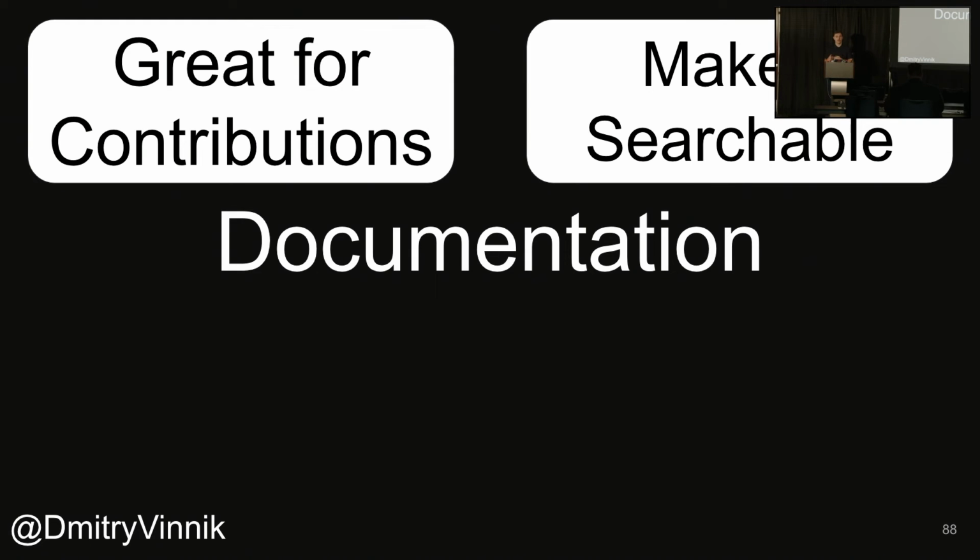Try to make it searchable, because it's unlikely someone will go to your docs and try to read it end to end, just like they would read a book, right? They would usually go to your documentation because they're trying to find an answer to a question or a situation they are facing. Think of it like a guide or tutorial, the same approach. They're trying to find a solution to one problem they're facing. So try to make it searchable.